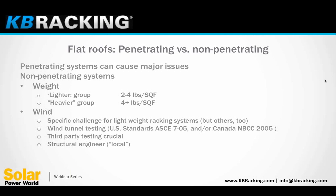It's hard to speak for all of the U.S. because every state and county is a little different. But to my knowledge, there's not too much of a code that tells you how it has to be done. But there are U.S. standards, ASCE 7-05, which tell you how to wind tunnel test your system. And you really want to make sure that the racking